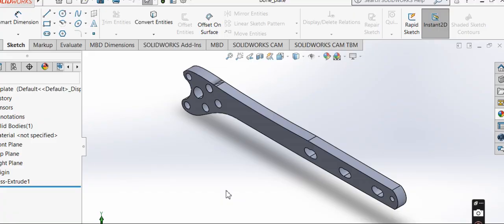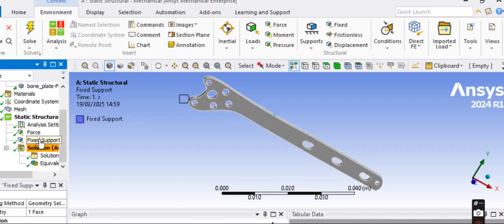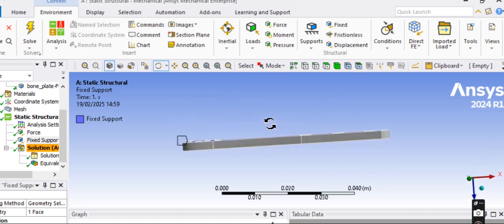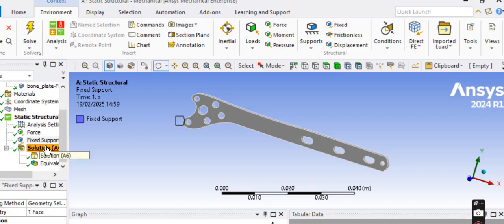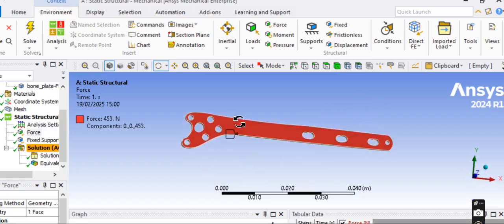Like this is not working, so I have moved to ANSYS Design Modeler, ANSYS Workbench. In this Workbench I have imported this model, and after importing it I ran a simulation to find the bone's maximum stress by applying force on this face and applying fixed support on the other face. You can see this side is fixed and this side bears a force of 453 Newton. You can change the